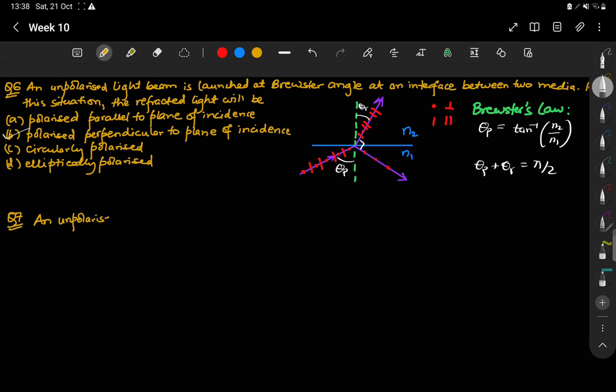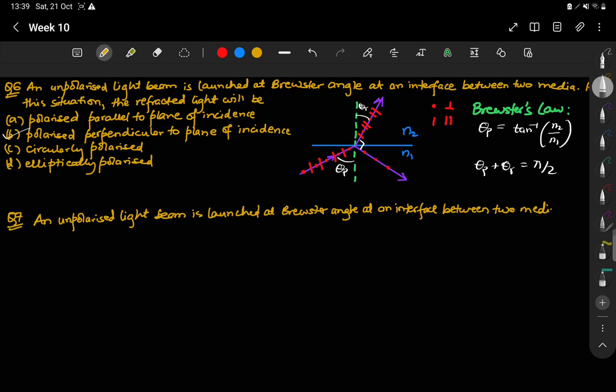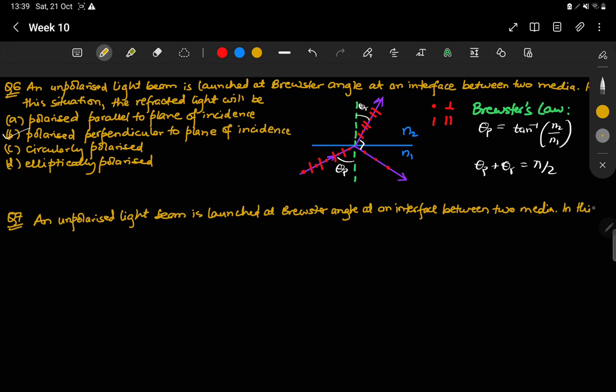An unpolarized light beam is launched at Brewster angle at an interface between two media. In this situation,